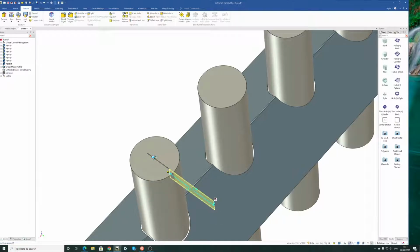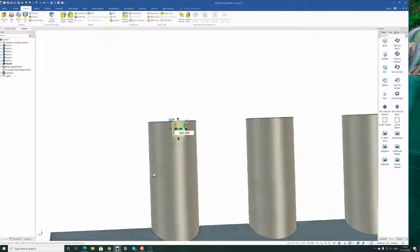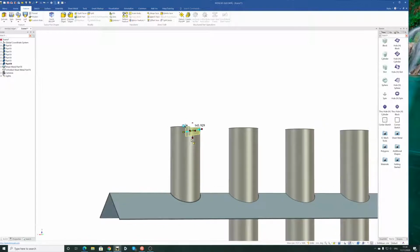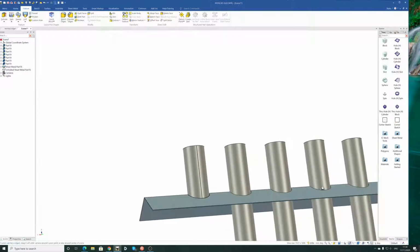Just move that across to there. I just want to break the surface, that's all I'm doing, and that's in the centre part. Zoom out, take it down to there, and I'm going to say yep, I'm going to accept that. Let's just take it up a bit. Done. And I have to do the same on